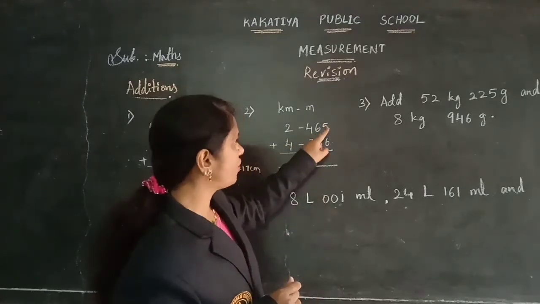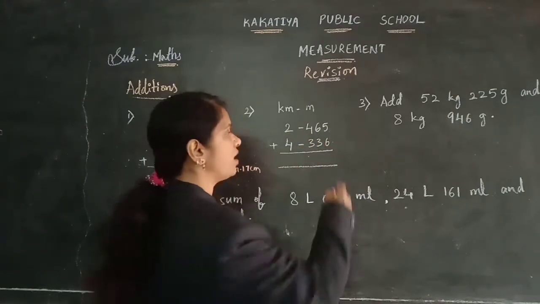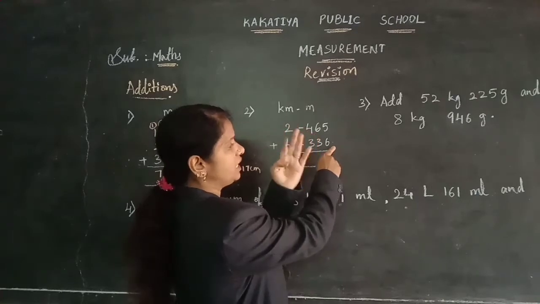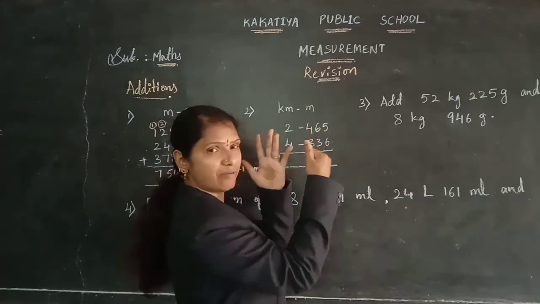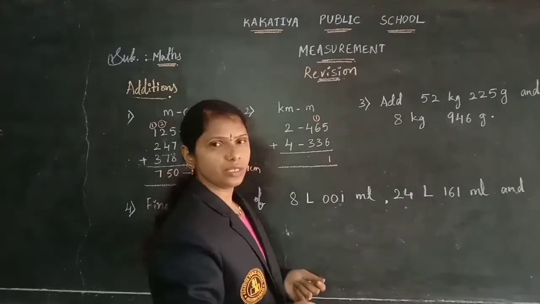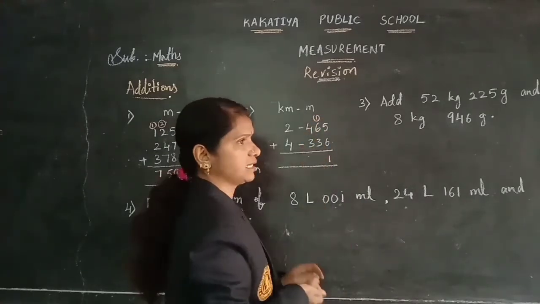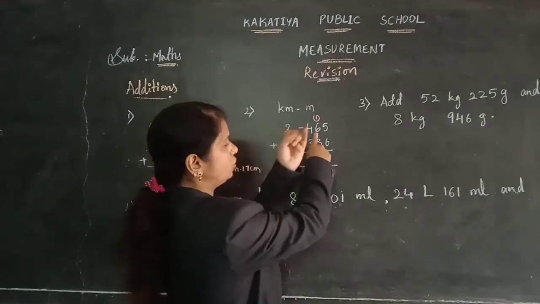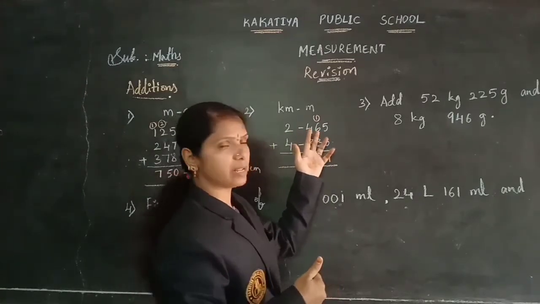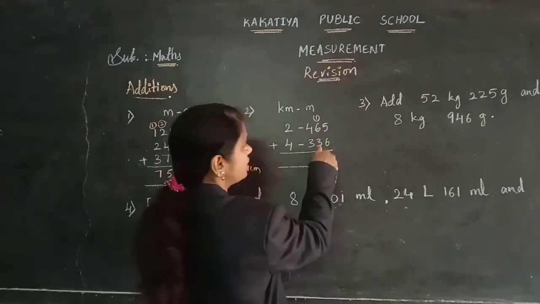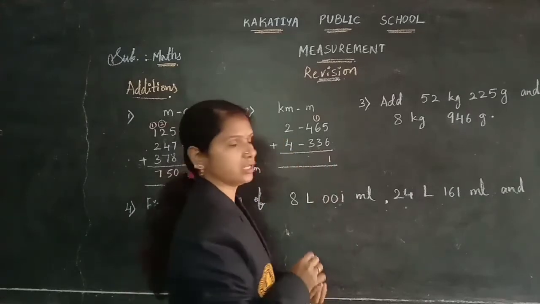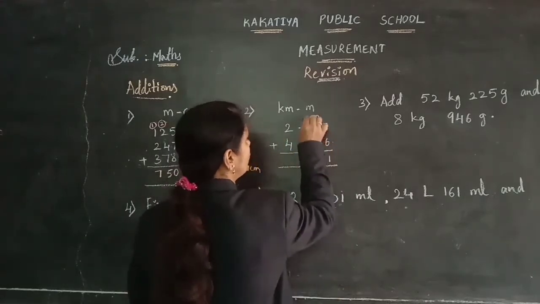Let's add here 5 plus 6. 5 after next 6 means 5 after 6, 7, 8, 9, 10, 11. So 11 I am getting. 11 means 2 digit number. So 1, 1 carry. 1 after next 6 means 2, 3, 4, 5, 6, 7. So 1 after next 6, when I am adding, I get 7. 7 after next 3: 8, 9, 10. 10 we are getting. So 10 means 0 here, 1 here.